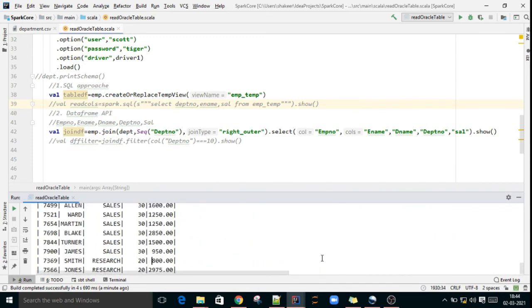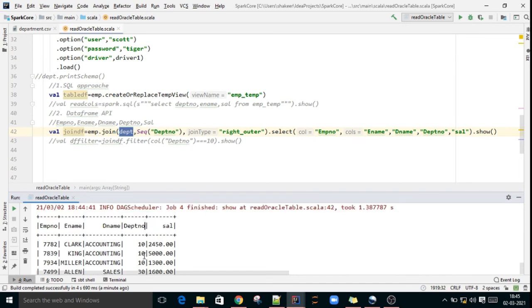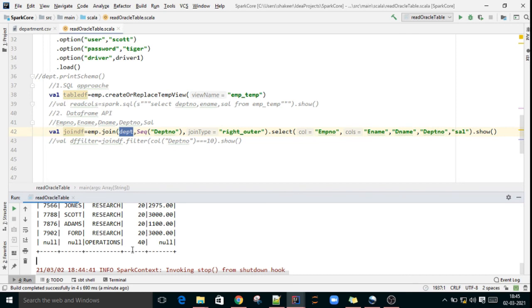See here, right outer join. Right side full data, which is the right side department full data. See, 40 came, 20 and 30, 10. Total 4 departments came, and on the left side only matching.